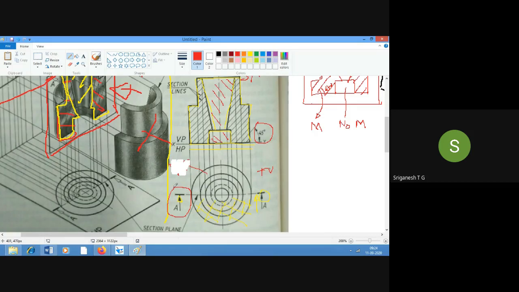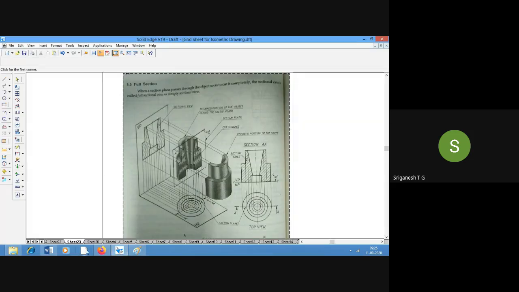The other things are as usual, XY line, VP, HP, and all those things. Is that clear? Any doubts with sectioning orthographic views? No? Okay. So let's go to a problem. Let me take up a problem.